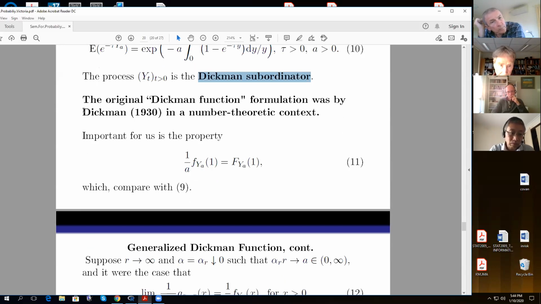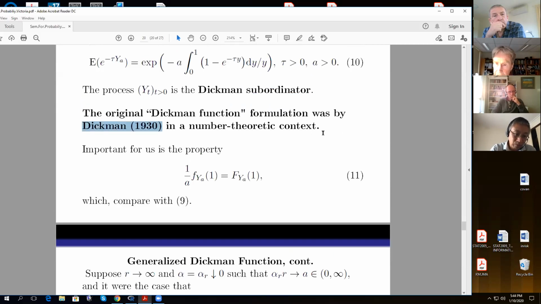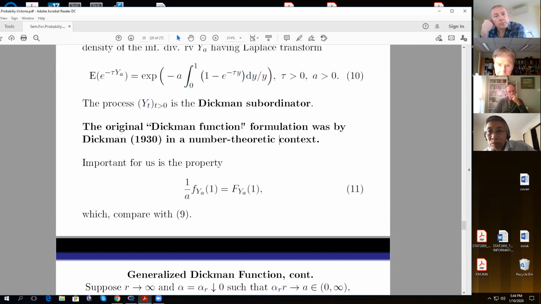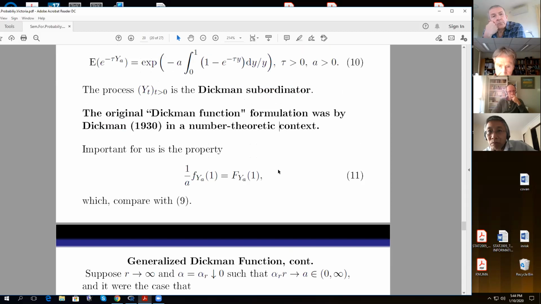And this Dickman's original paper goes back to 1930. Apparently, I didn't read up a lot on this, but it's one of the very few papers he published. But it certainly did make a big splash. And this is how he derived it, by looking at this number of primes having a certain property. He came up with the Dickman function, and the function that's involved is in fact the density of this subordinator,